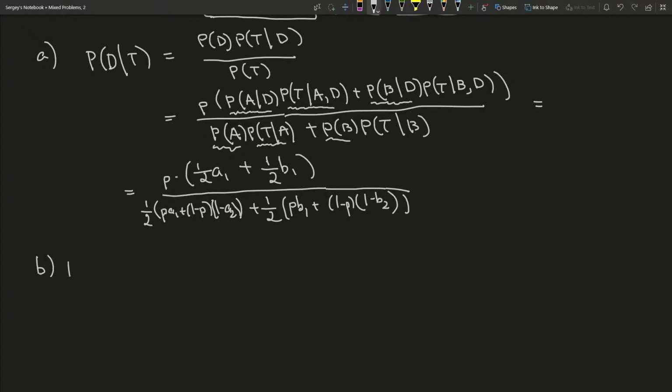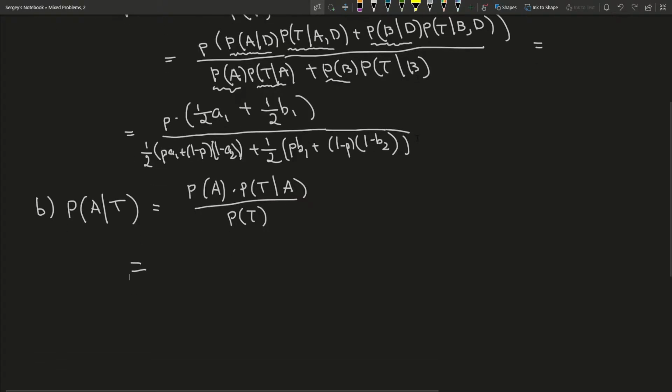Part B says, what is the probability that lab A had done the test given that the test came positive? So we do some test, the test comes back positive, and what's the probability that lab A had done that test? So again, we apply Bayes' rule and the law of total probability, so we get the prior probability that the tests were sent to lab A times the probability that a positive test result comes back given that the test was sent to lab A, over the probability of testing positive, and this equals